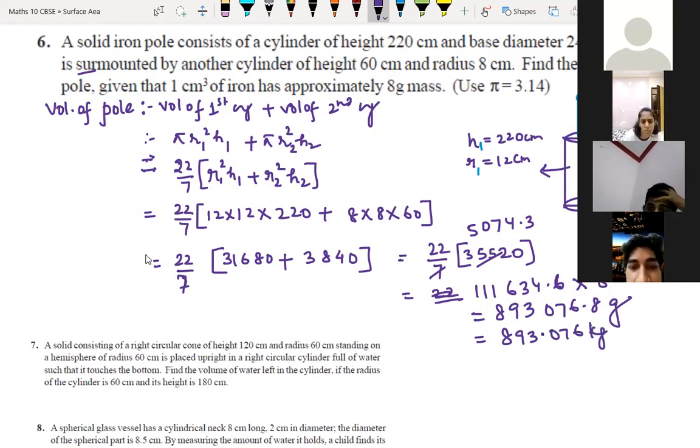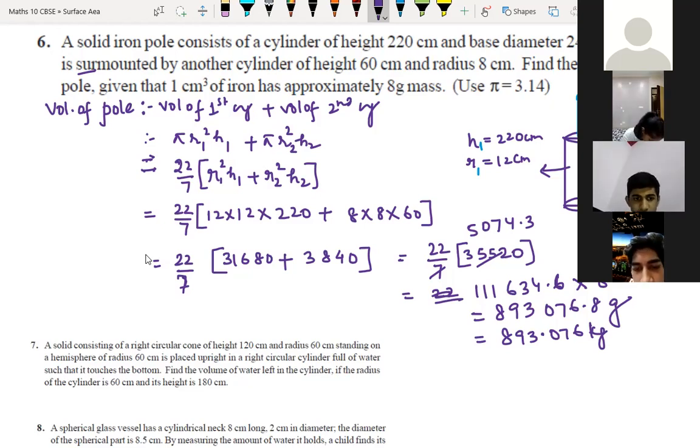While doing the sum, where did you go wrong? We have to divide and multiply, then we will get the correct answer. Sir, the answer is 100% correct. I just see one difference, here 111,634.8 must be there. I have not taken approximate, I have taken the exact value here. That's why the answer is correct, with a bit of difference in the decimal point.